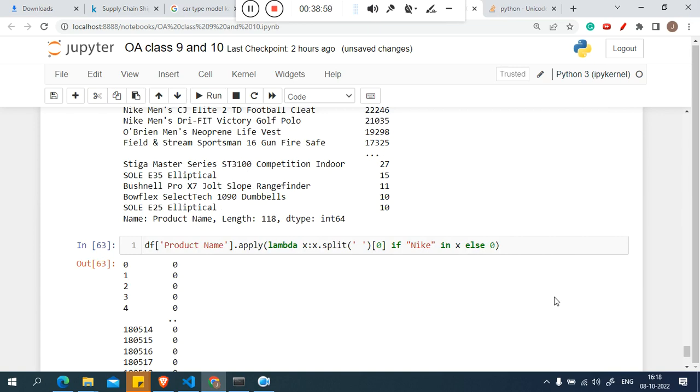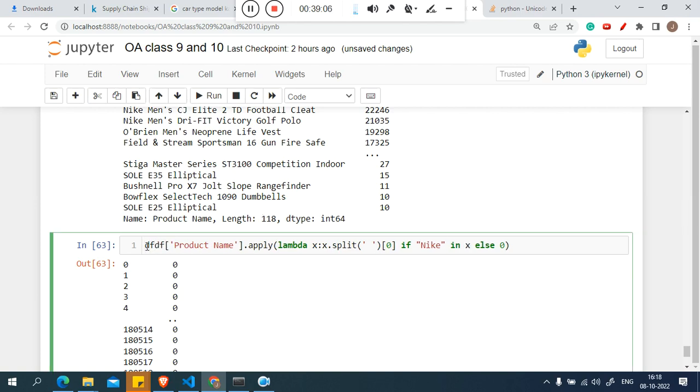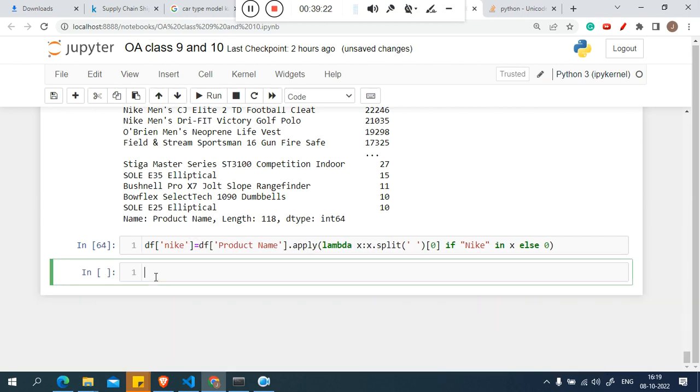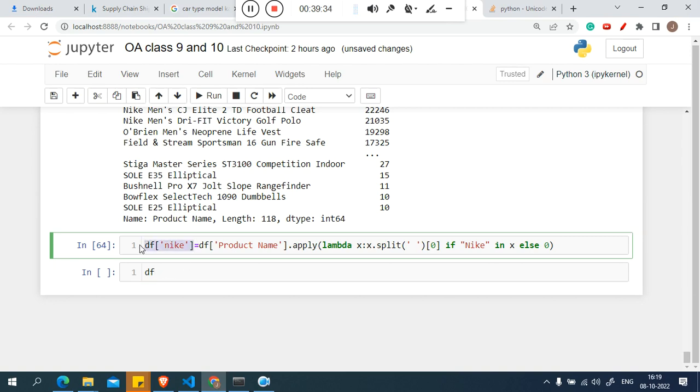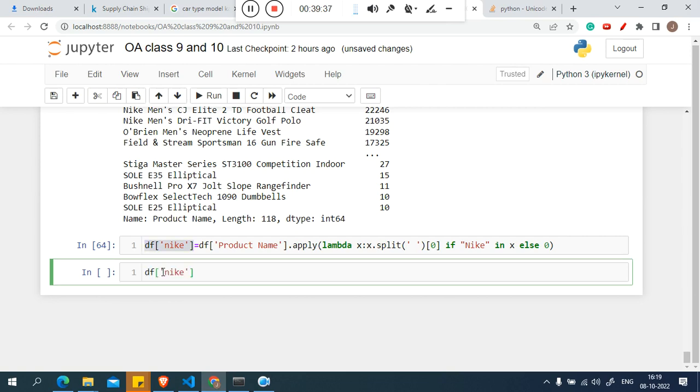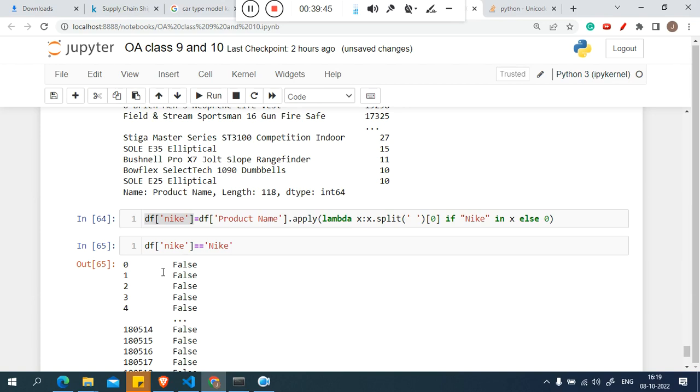0 means Nike is not present. Now I assume that this one I just write here, I will explain, just wait. I assume that this is the information related to Nike, and this is my new df, right? Now I will check whether Nike is present in it. So let's see, df Nike is equal to Nike. Now you got false, true, and many things. Now you will get, and if I call this particular thing into the actual df,